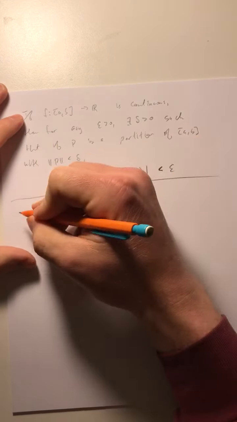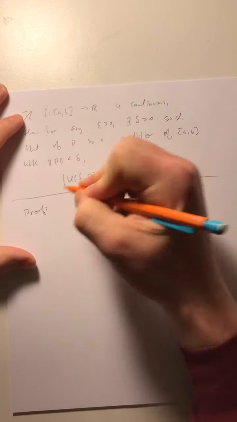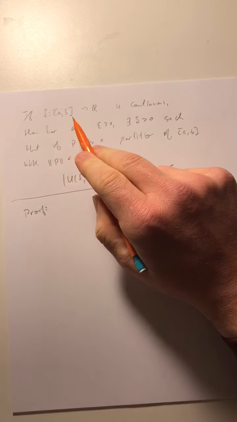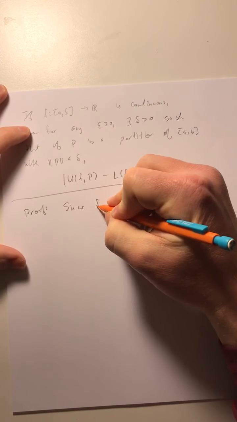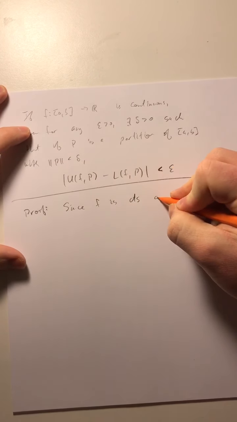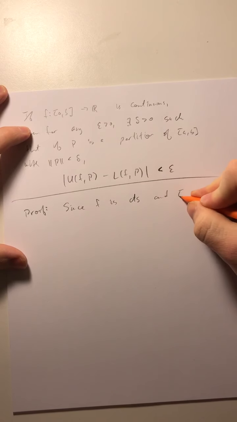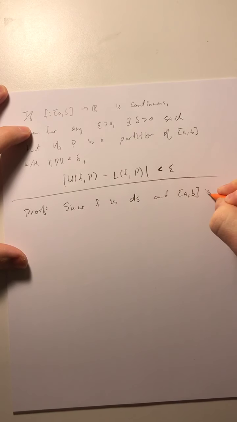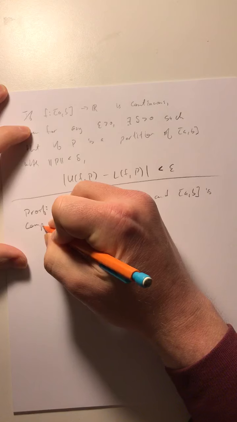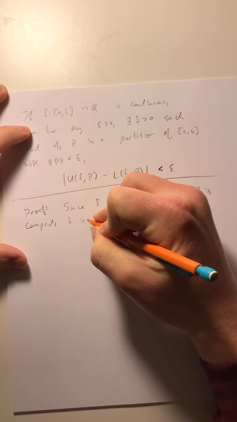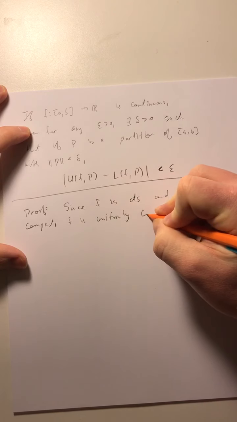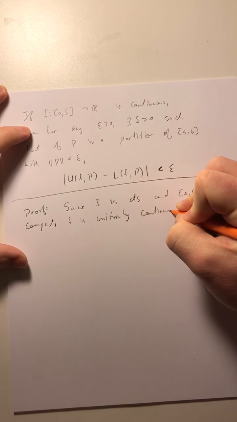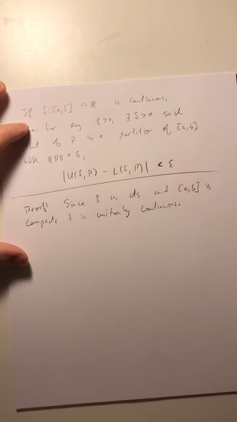So I'm going to do the proof, and the proof is going to depend on the fact that any continuous function on a compact set is uniformly continuous. Okay? Since f is continuous and AB is compact, f is uniformly continuous. Okay. This means